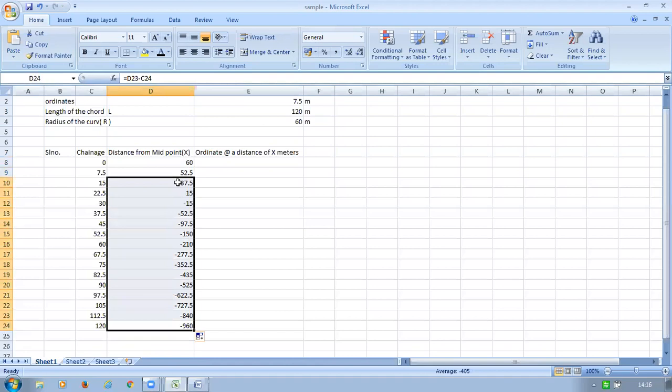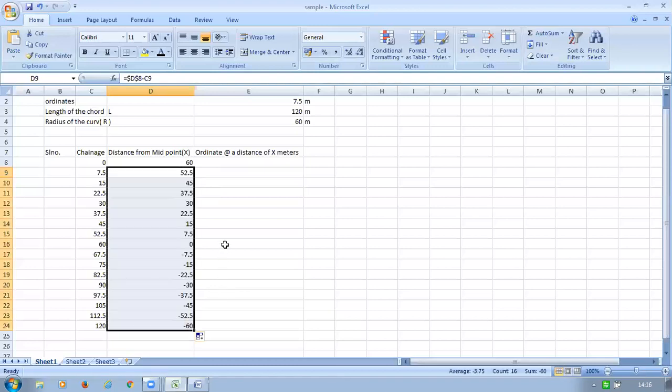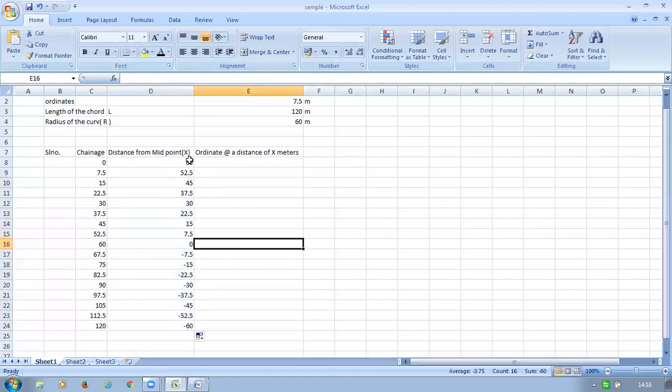So what I have to do is just delete this. Okay, just go and put the dollar symbol in front and back of the D. Okay, in front and back of the D you put the dollar symbol. See now what will happen. See 52.5. Now check the readings, how it will be 0. See from the 60 meters it will be 0 at 52.5. 60 minus 15, it is 45. 60 minus 22.5, 37.5. See 60 minus 60 we got 0 here. So this is how the dollar symbol works here.